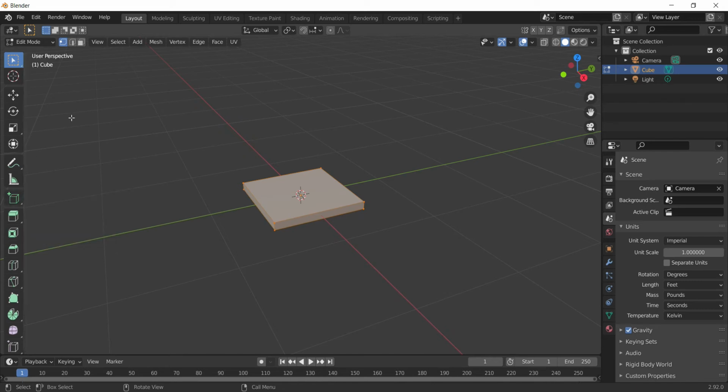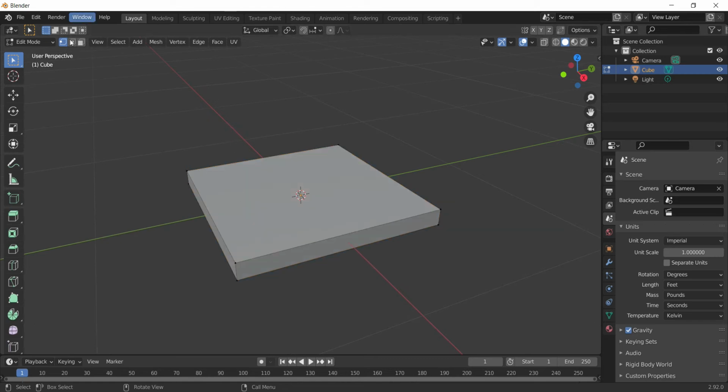With that, in the edit mode, we have these 3 sub modes which are called vertex, edge and face. So I'll just quickly explain this. First is the vertex mode. Vertices are basically these pointers or nodes which we can move to deform the shape of the model.